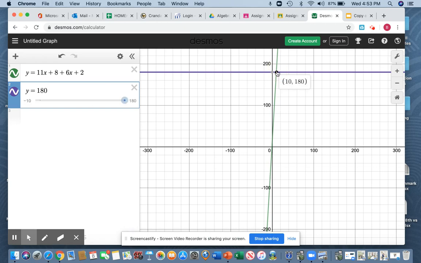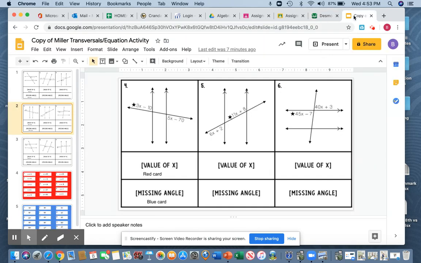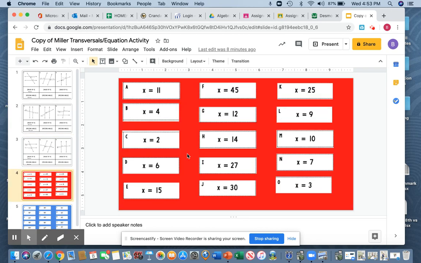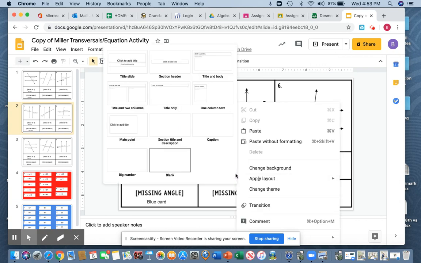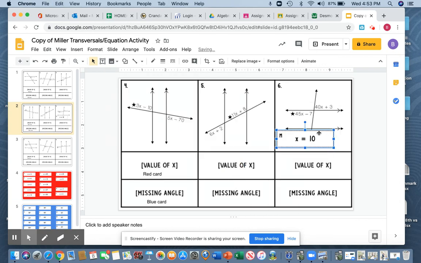When we look and see where they cross, all we care about is this x value, which is 10. So x equals 10. So over here in my red box, I would go look for x equals 10, and here it is, it's letter M. I would copy it, or you can cut to get rid of it, because you're not going to use it again. And then you can paste